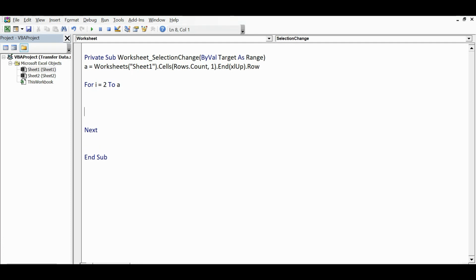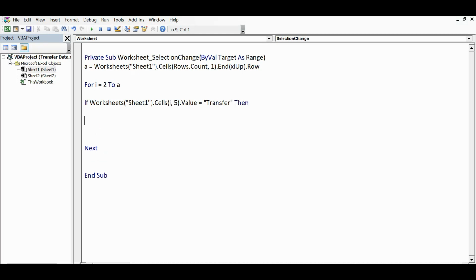Within the For loop I will use one If condition: If Worksheets Sheet1 dot Cells, I comma 5, where 5 is for column E, dot Value equal to "transfer".